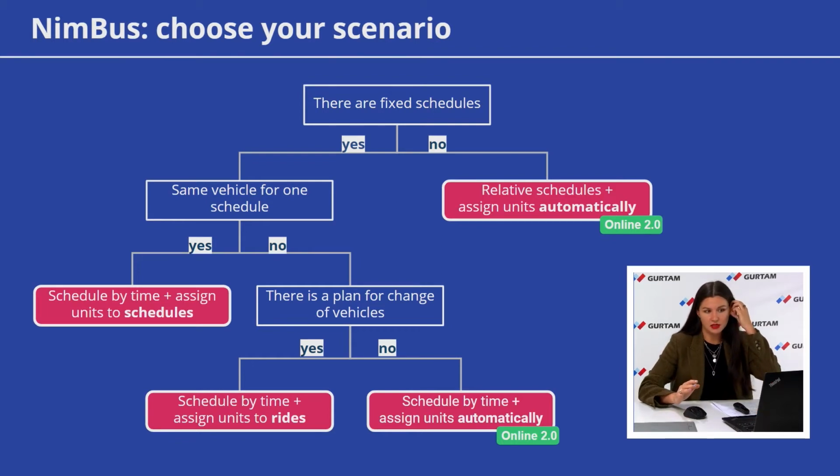So in this case, you better be careful and associate different units with these routes. Otherwise, the system just can't figure out which way the unit is going. You probably noticed that two of the options are also marked by an "online 2.0" label. Assigning units to rides automatically became possible only in our new operational mode called online 2.0. We won't stop on it in detail now, but you can find some more information in our blog and other